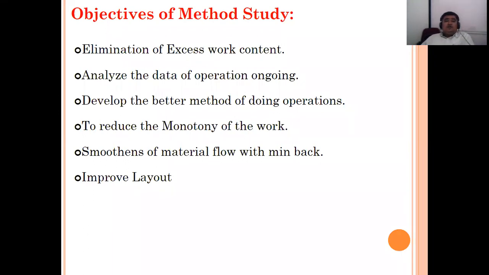More work is given. Simply, if I am standing at one machine and I require, let's say, a 12 or 13 spanner, then that spanner should be in the toolkit of that machine only. It is not like I should go to the next machine, ask him to give me the spanner, take it, come back to my machine, tighten the bolt, go back, give it back, chit chat for 2 minutes, and again come back to my machine. These are called excess work content.